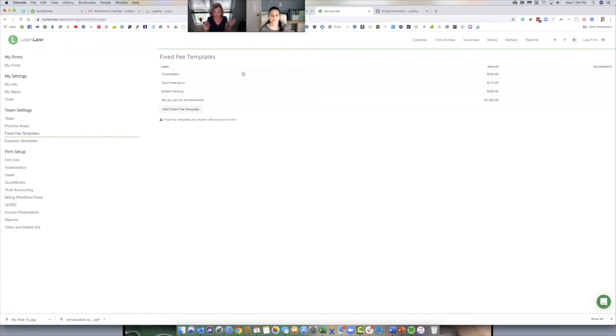She has a package. So if somebody comes in and needs naturalization, there's a package, and she has them pay in progress billing. They pay a deposit, then they pay, and they pay. It's nothing to do with the trust account at all. It's just accounts receivable. So she does that here in LienLaw, and it works really well. It can very quickly create a fixed fee if it's a fixed fee thing. This is not for the trust accounting; fixed fee templates are generally for accounts receivable. It's just to save time.